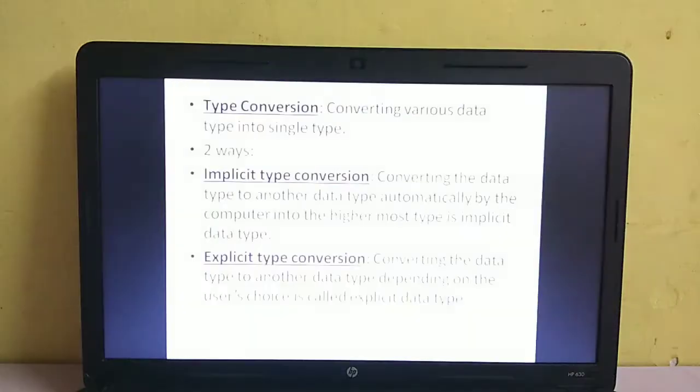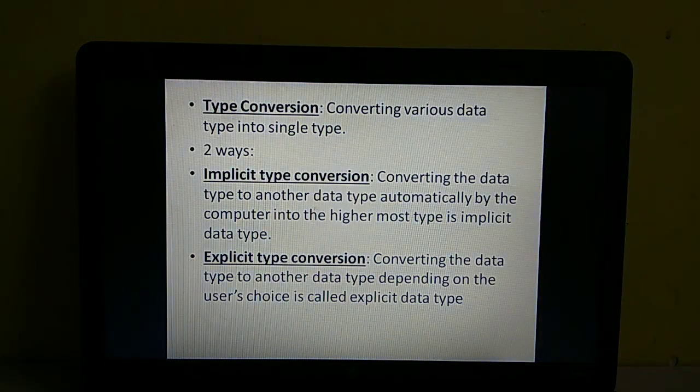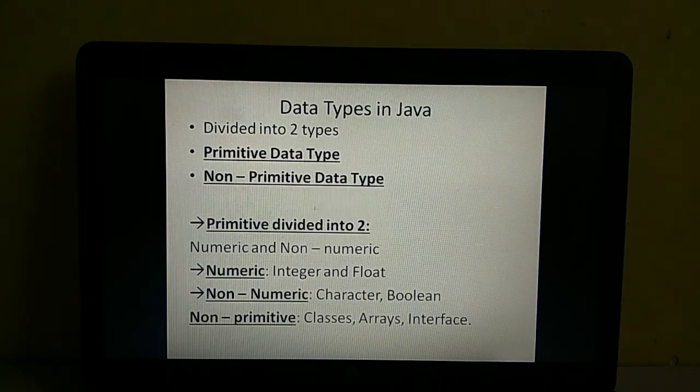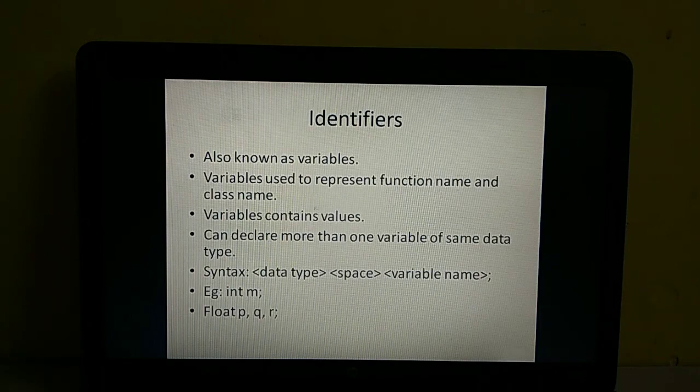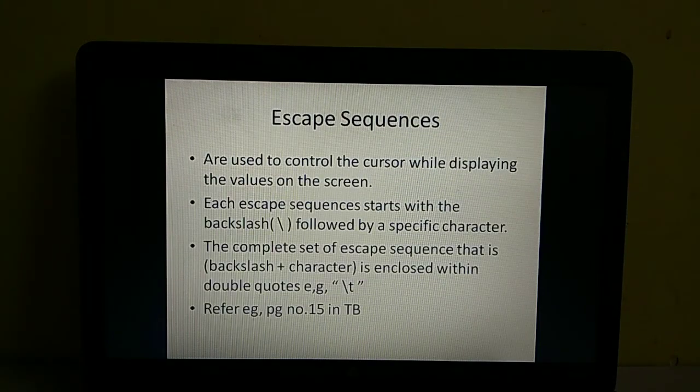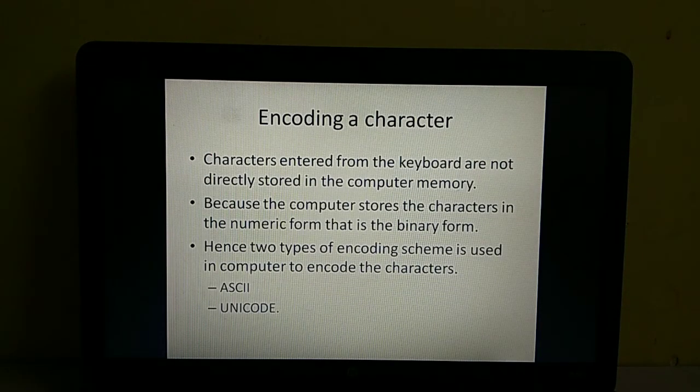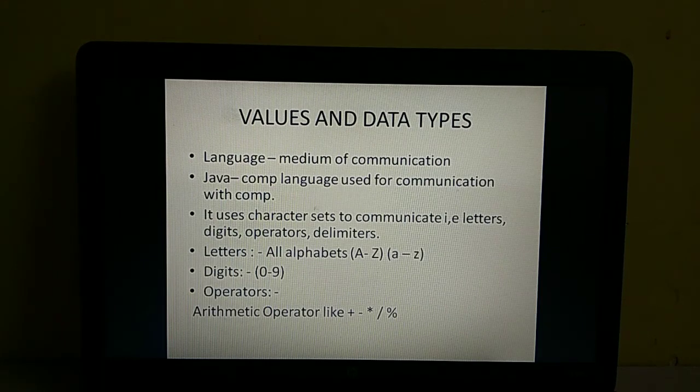Okay, so here I complete your third unit, values and data type. I'll just repeat from the beginning what I have completed. So in the previous video, I have completed what languages you are using for the medium of communication, that is Java language, computer language, and you are using character sets in that.